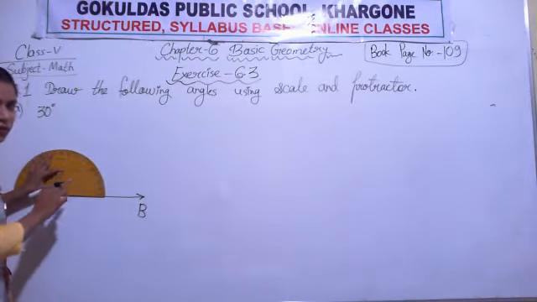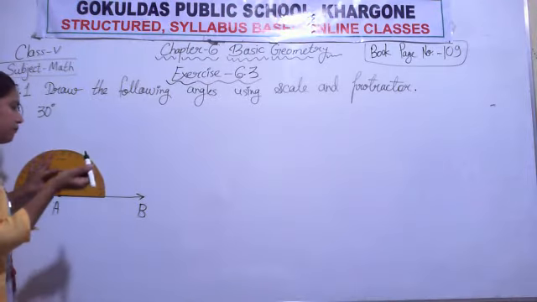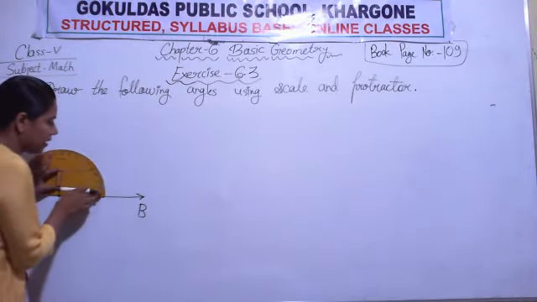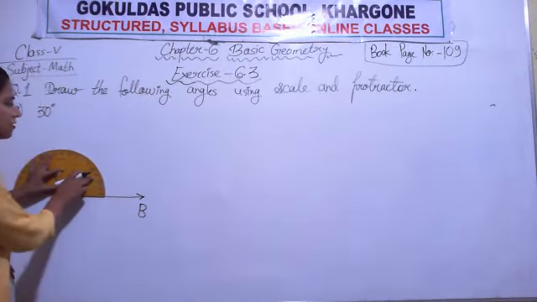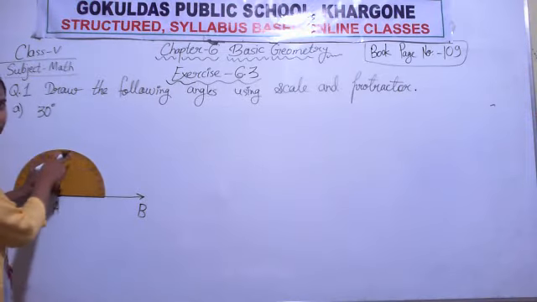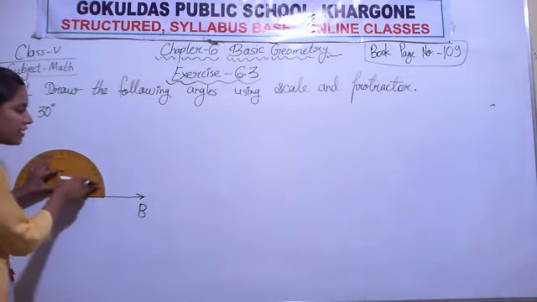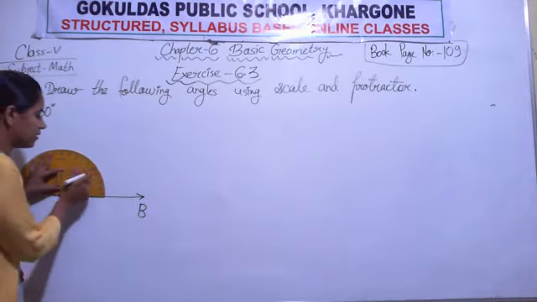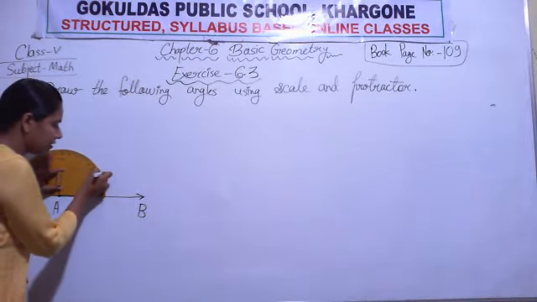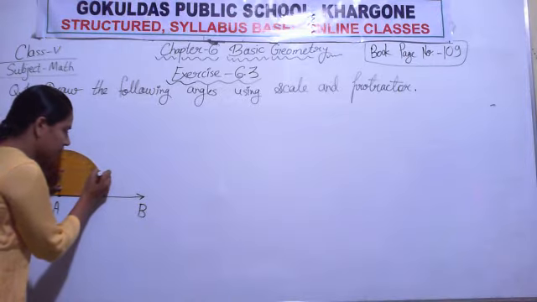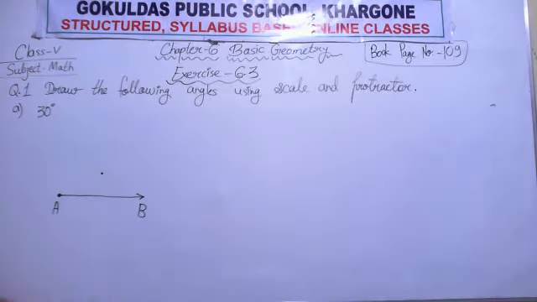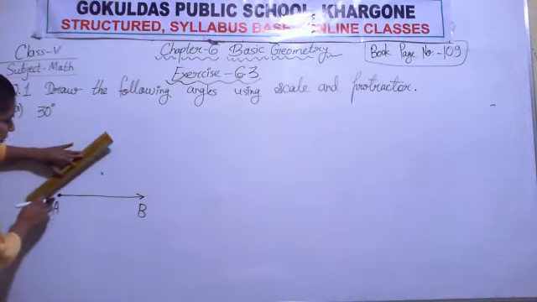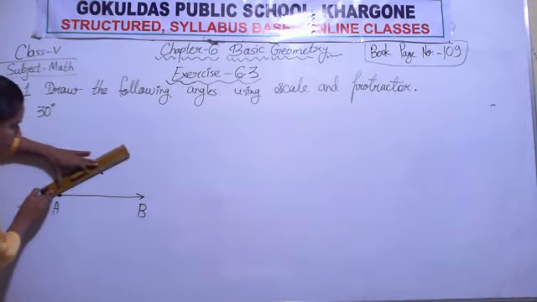Now, don't move the protractor. Be ready with your pencil. Now see from the baseline, from 0 degree, where 30 is written on the protractor. On the inner scale, observe where 30 degree is written. Mark with the pencil. Make a dot with the pencil and remove your protractor. Okay. Now we got a mark here. Now join this point A with this mark.